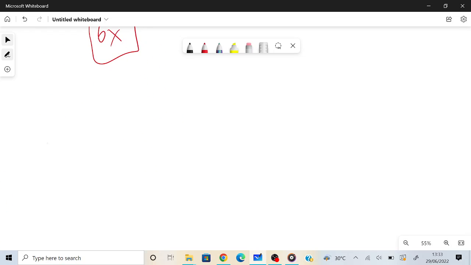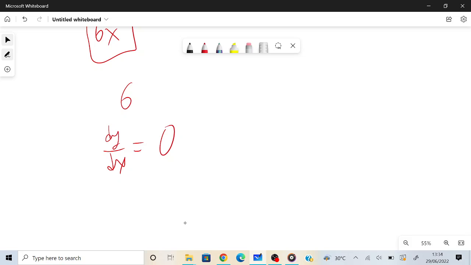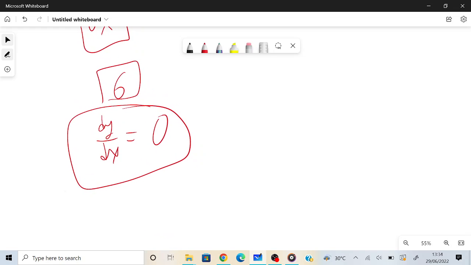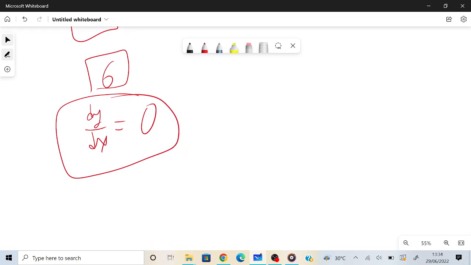On to the next example. It tells me to differentiate 6. Now I could go into all the logic and algebra to prove this, but the simplest way to go about this is that whenever you differentiate a number or an integer, any term that's independent of x, your derivative is nothing but 0. And this is just the ground foundation you need to know. If you are differentiating 6, maybe 29, maybe 99, maybe 0.2, any term independent of x, your derivative rather, is